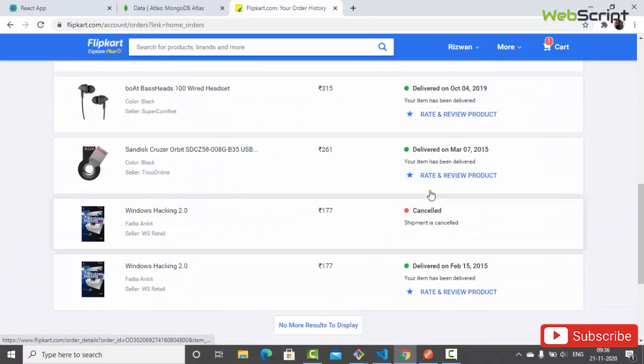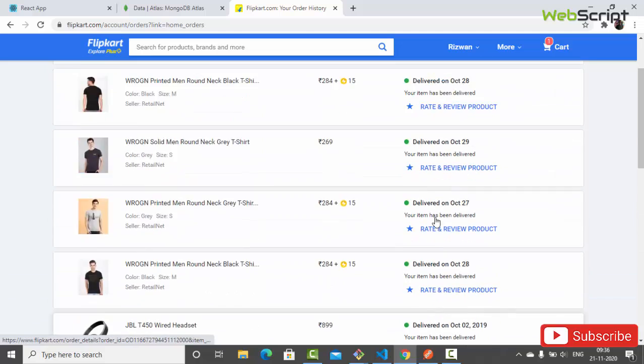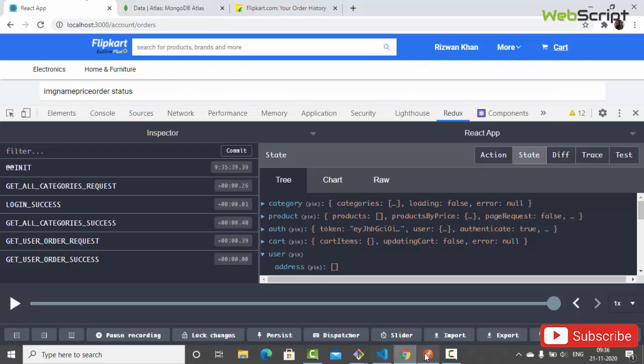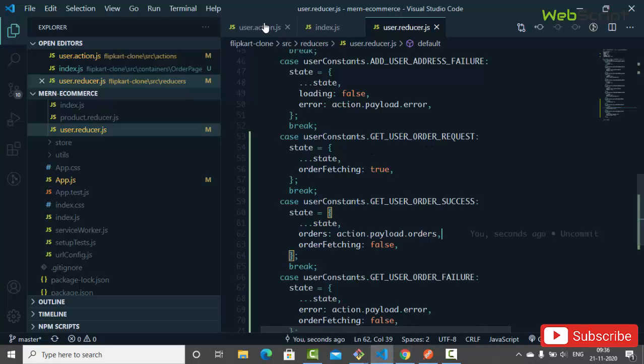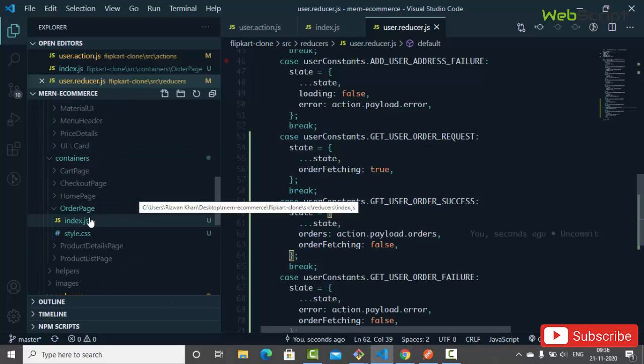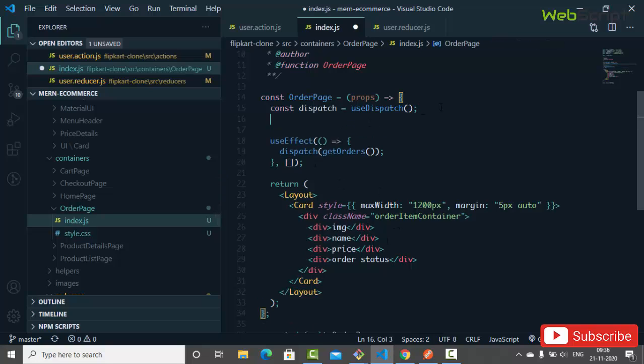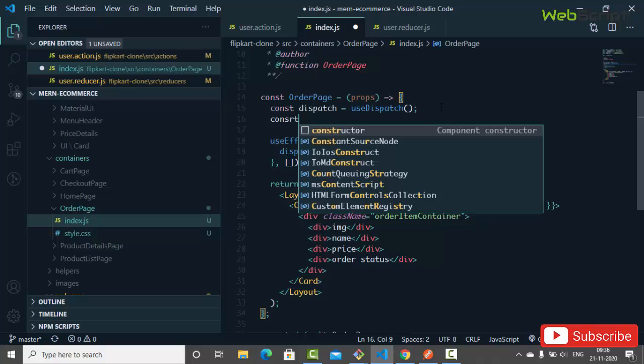Group orders, so there is no group orders. Okay, so you have to show individual items. Okay, so let's go to our page index.js, and here we have to use our state variable,